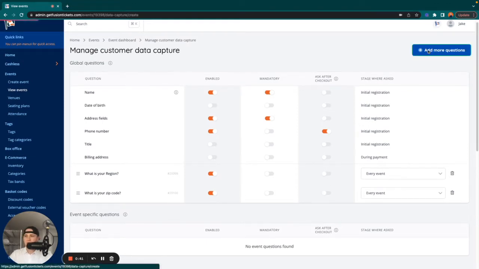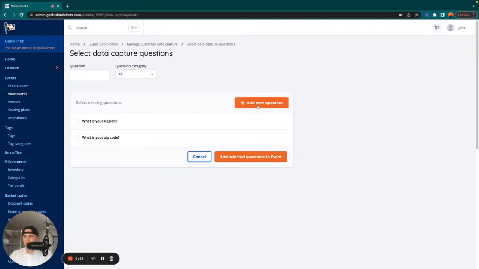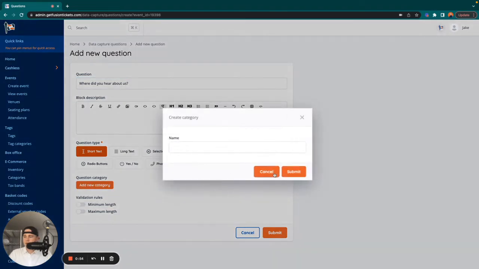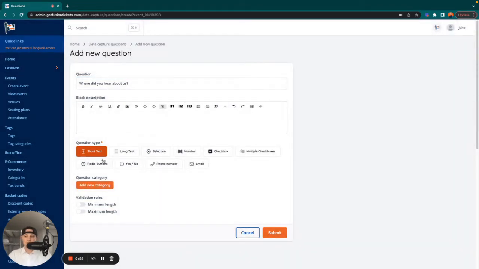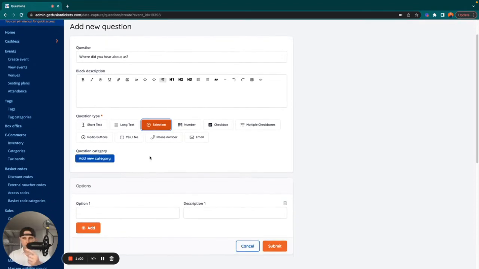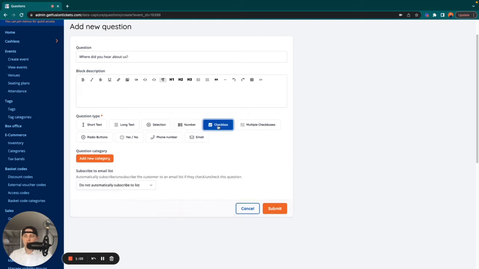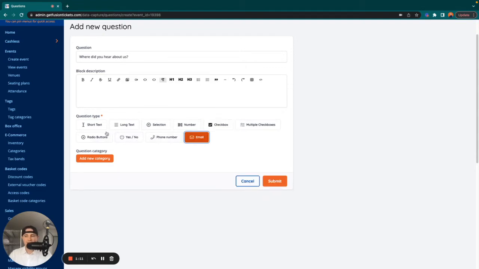So let's add a new data capture question. Add a new question. Let's say, where did you hear about us? And then you have the different question types. So is it a short text, long text, selection? So they can select from a drop down. Will it be a number? Is it a checkbox? Is it going to be multiple checkboxes, radio buttons, yes, no, phone number, or an email